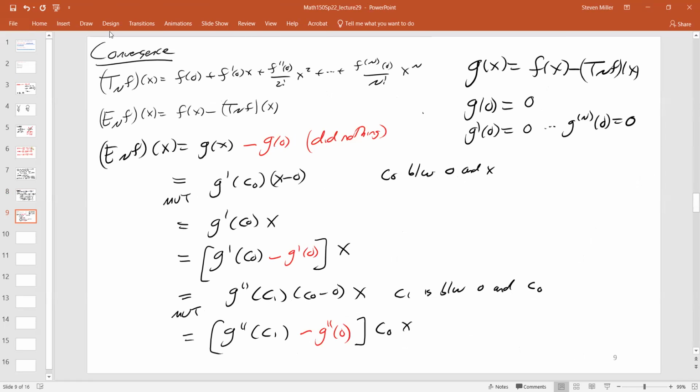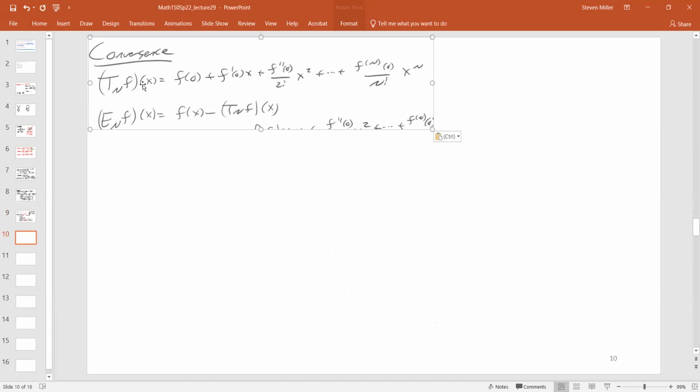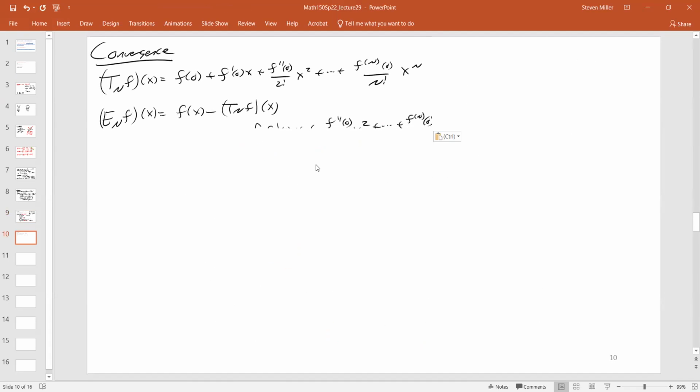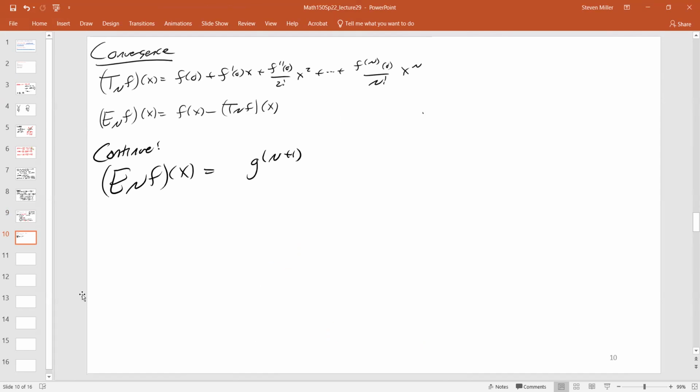And so what will I get when I now use the mean value theorem yet again? This would just become g triple prime at C2 times C1, C0 times x. And now we would just subtract g triple prime at 0 and just allow the rinse and repeat. So as we continue, we would get that the error at x would eventually be the n plus first derivative at some point Cn times,